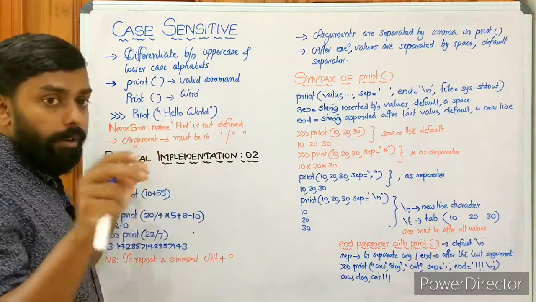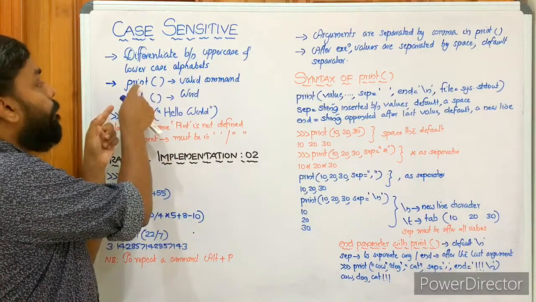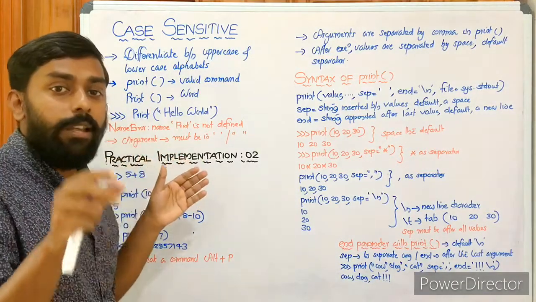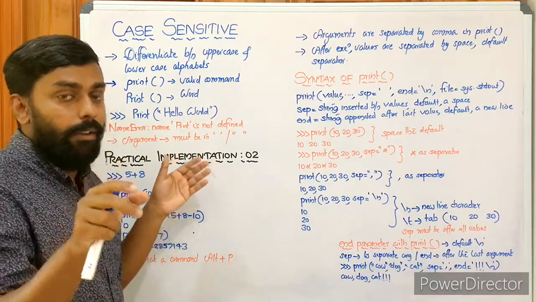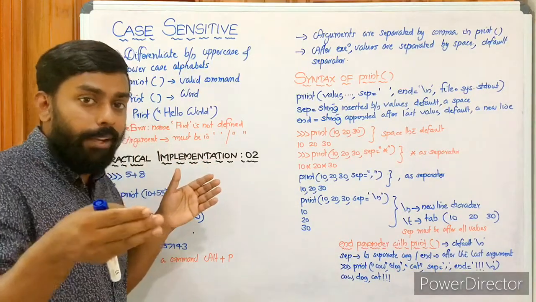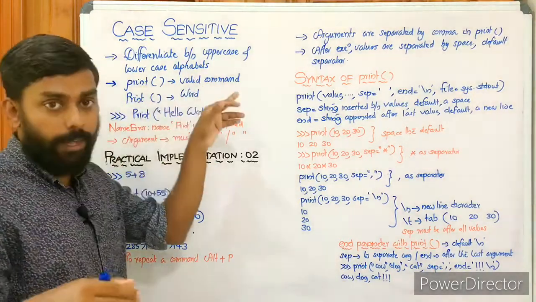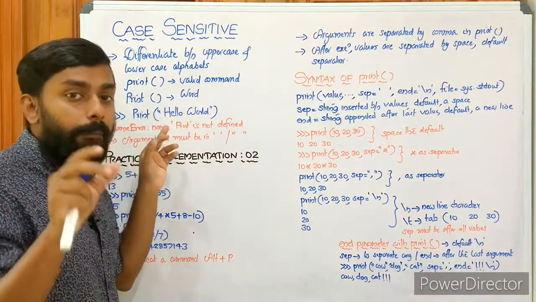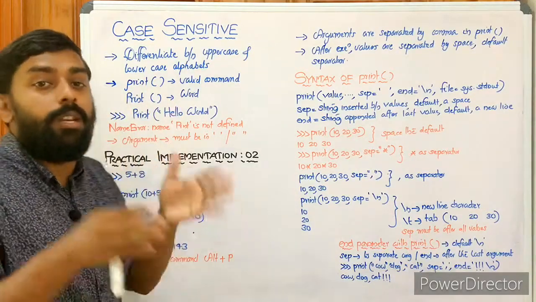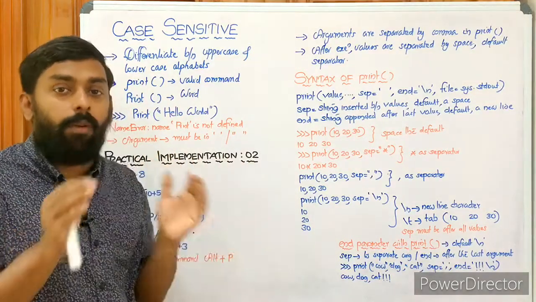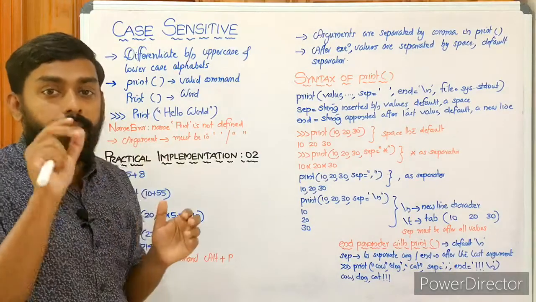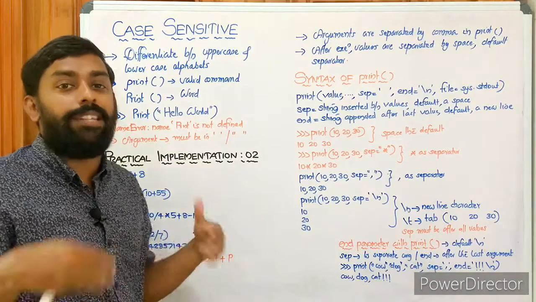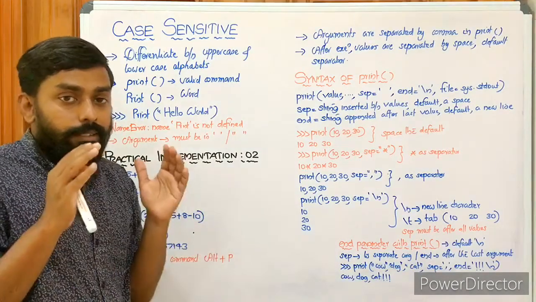And here print. We have written print in two ways. One is print all in lowercase. We have already applied the print function all in lowercase. It's a standard command. It's a function as well, used for printing something. So the print function is a valid command. But when we write print with P capital letter, it's not a command actually. It's only a word. It's not a standard command, or we can say it's not a keyword. It's simply a word. The first one is a keyword, but the second one is only a word. We can say it's an identifier.